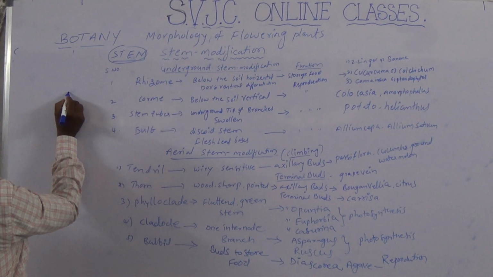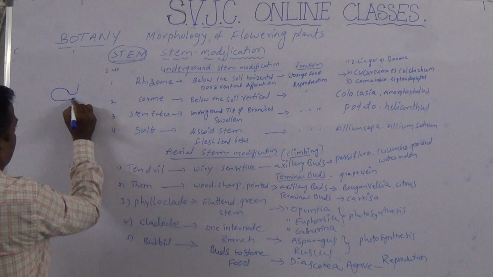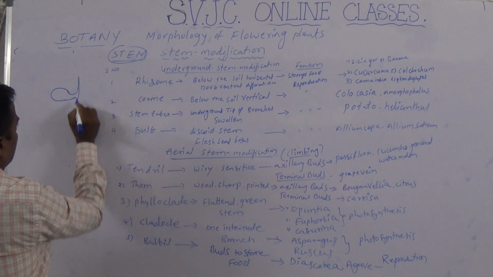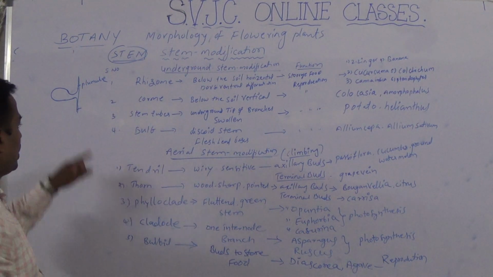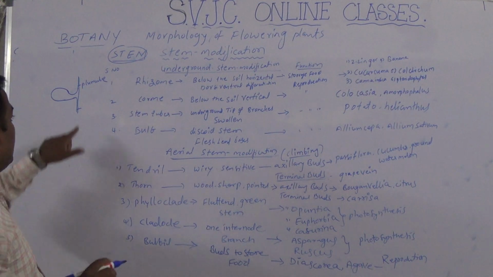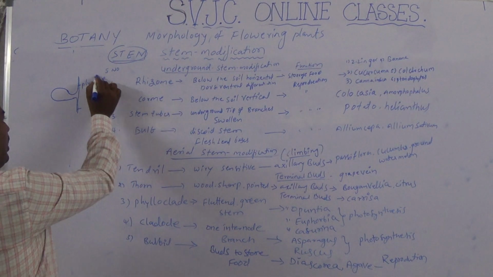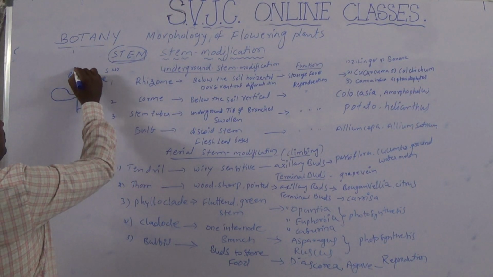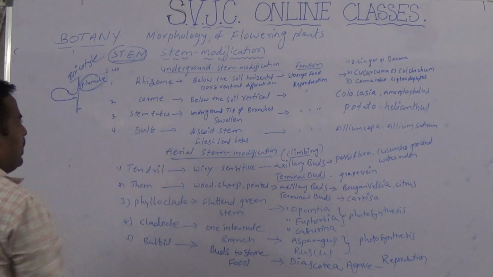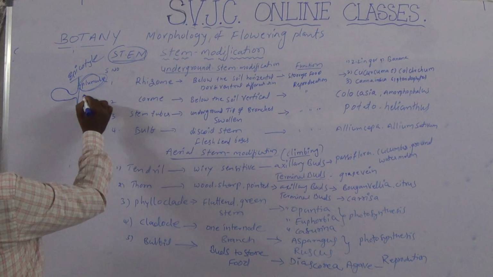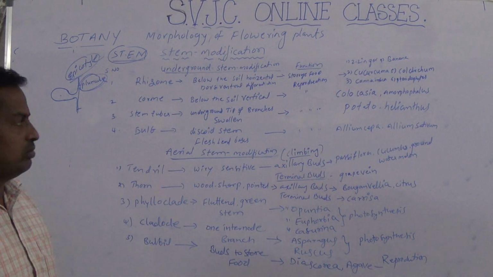The stem arises when the seed is germinated. So it produces two stalk-like structures. This is the plumule. Now this is the radicle. The radicle develops into root. Plumule develops into stem. The stem arises from the plumule of the embryo, or epicotyl. Students, the stem originates from the plumule and epicotyl of the embryo. So it is very important.